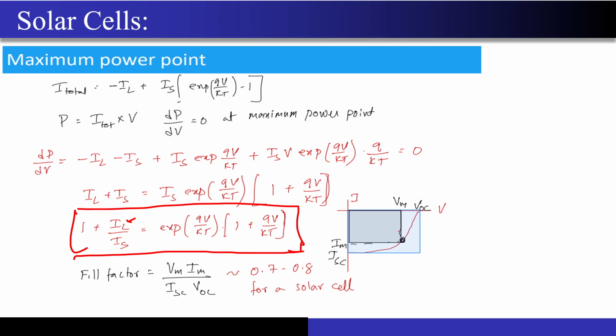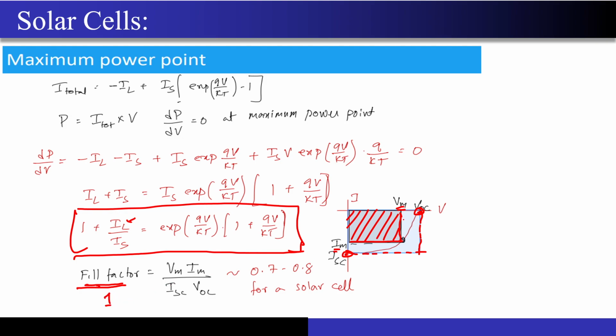Now one more thing that we define. If I have an IV curve, I will get this Vm and Im over here, correct? If I draw the projections, I will get one rectangle like this. Again if I take the two points VOC and ISC and take their projections, I will get a second rectangle. Now if we divide the area of the two rectangles, this is what we define as the fill factor, and I want this number to be as high as possible, maybe close to 1.